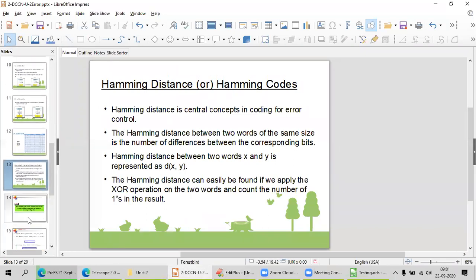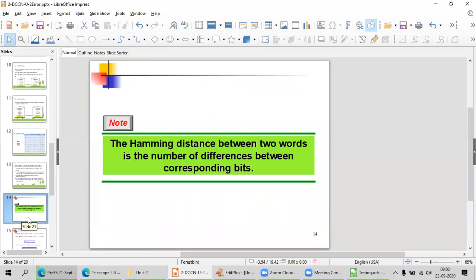The Hamming distance between two words is the number of differences between corresponding bits. That means if two bits are changed from one word to another, you consider it as an increment of 1, and like that you increase.